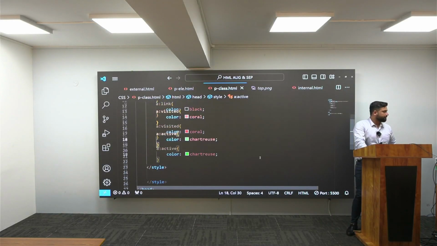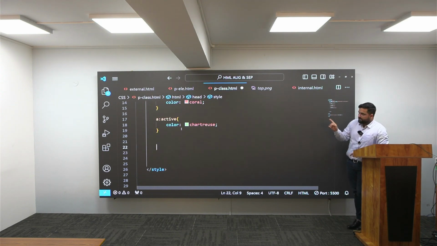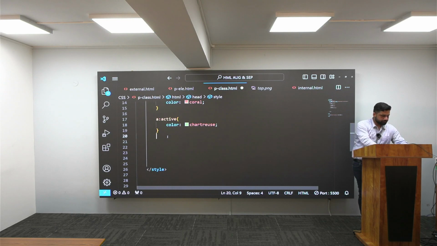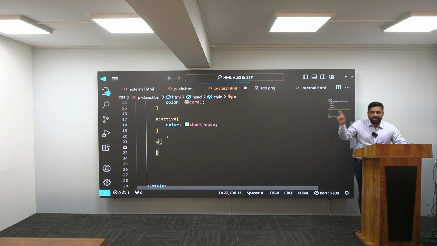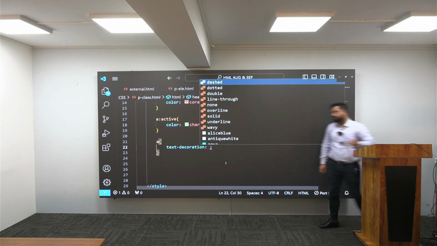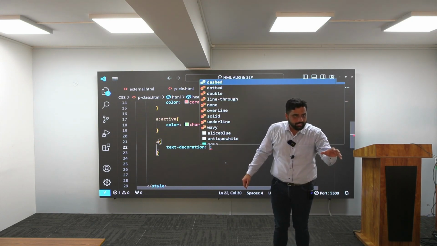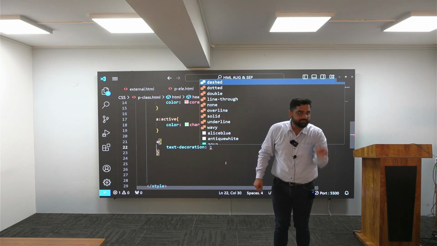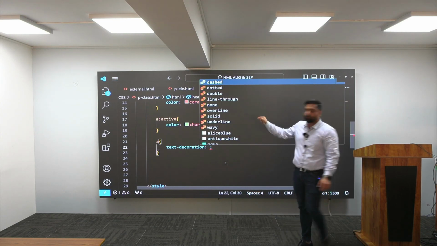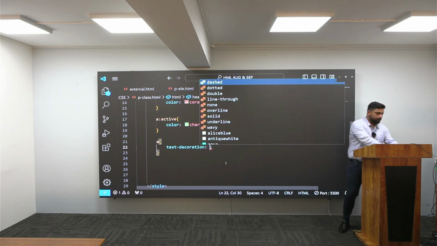Now I'll go to my VS Code. Right now I am not conveying about the selectors, this is just the normal thing I am conveying. Selectors we have seen here. Understood? Now what I will do, I will use my A element. Over here I will use one property which is text decoration. Just I have used my element name. Understand? And inside that element name, I am giving one property which is text decoration, and the value I will set is none.